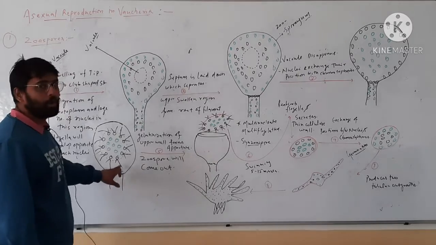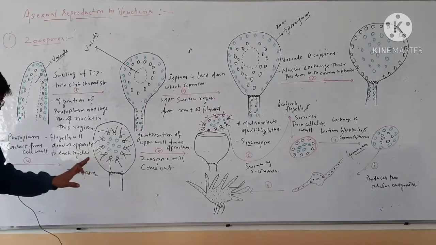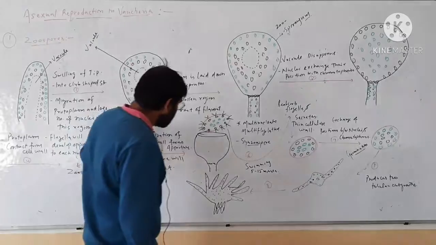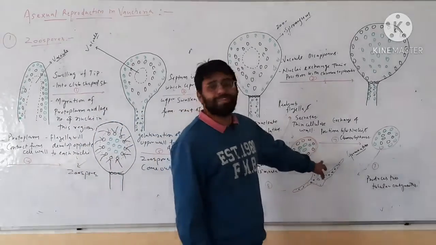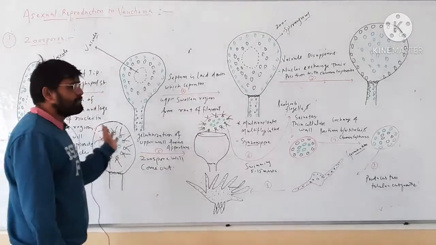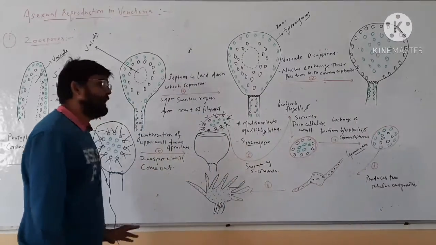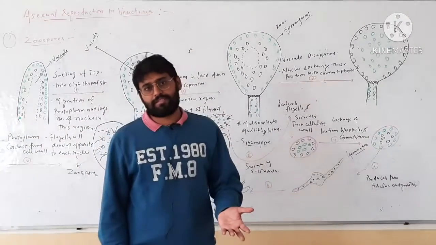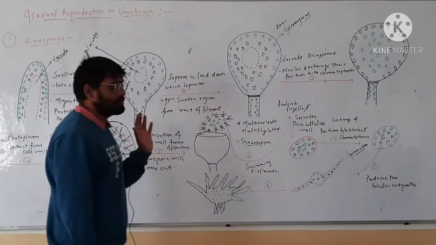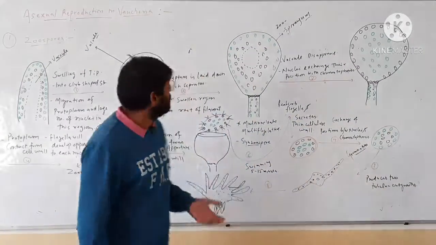So this step will not be there. Formation of flagella will not be there. Contraction of protoplasm from the cell wall will occur, but flagella will not appear. And if they do not appear, they will not disappear during this position. So the conclusion is the difference between formation of zoospore and aplanospore is the absence of flagella in the case of aplanospores. So this is all about formation of zoospore and aplanospore of Vaucheria.